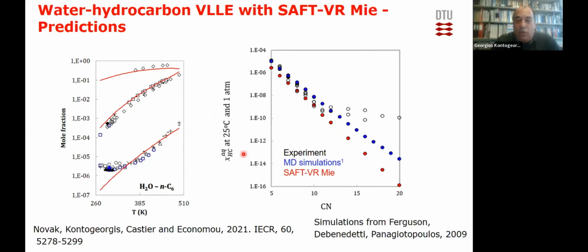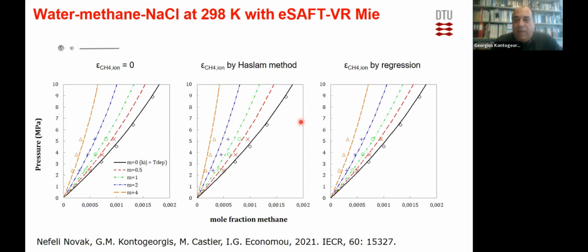And also for the eco-solubility of the hydrocarbon. And you can see for different hydrocarbons, a very good agreement also against experimental and simulation data. So this is a model that is quite good, and we have extended it to electrolytes by using the Debye-Hückel and the Born term, and you can see some very good results from the work of Nefeli Novak for gas